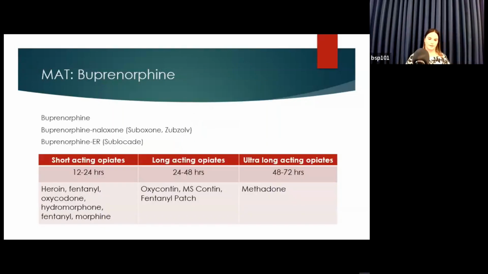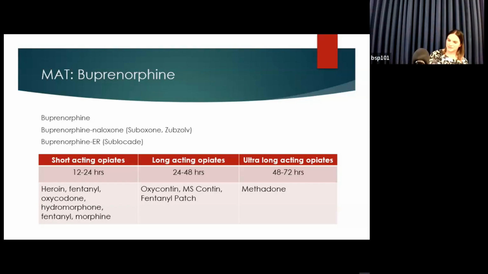So we have different versions of buprenorphine products. There's plain buprenorphine, which we really only use in pregnant people. There's buprenorphine with naloxone, which comes in Suboxone and Zubsolv as strips or pills. And then there's buprenorphine long-acting, or Sublocade, which is a depot that's done once monthly. When you're starting somebody on this medication, you're always going to be using a dissolvable strip or a pill, because we wouldn't want to go straight to an injection and then have them have a bad reaction.